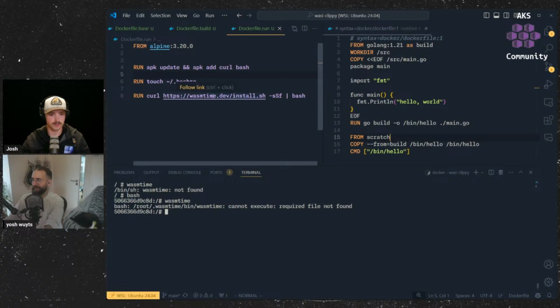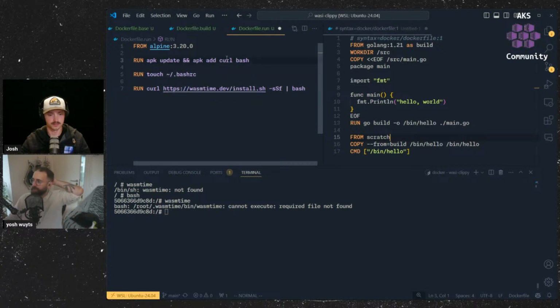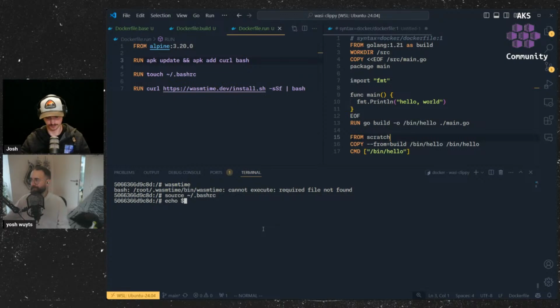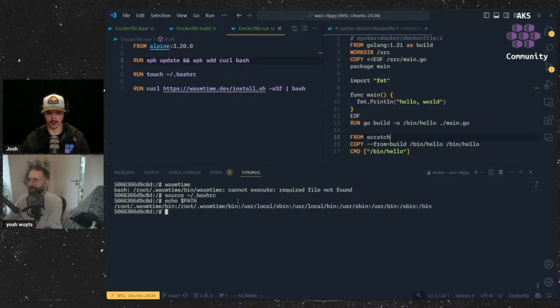First off, we're getting this really strange error. I'm kind of thrown by that specific error, and Googling it, Stack Overflow says you are running a 64-bit program on a 32-bit machine. Where it's like, oh. Okay, we have Wasmtime in our path though. So